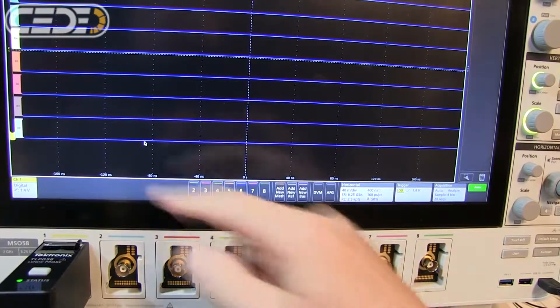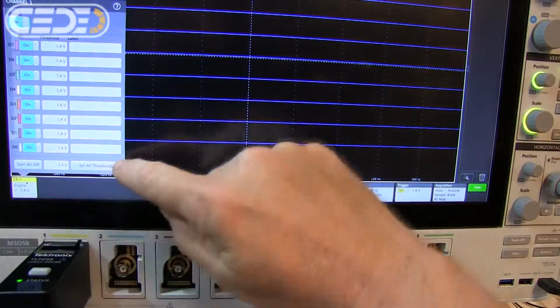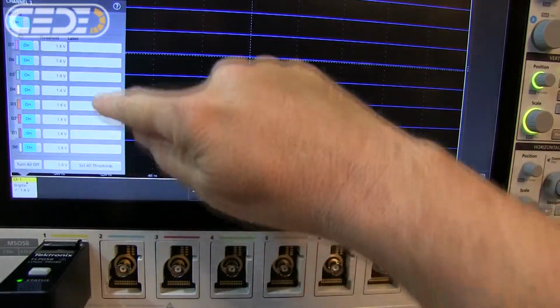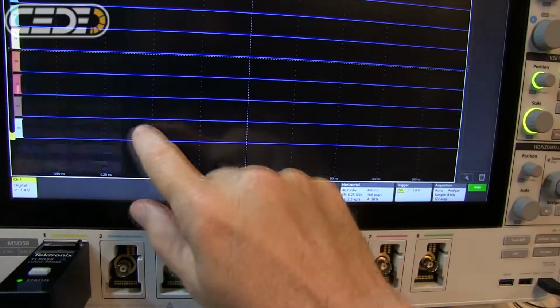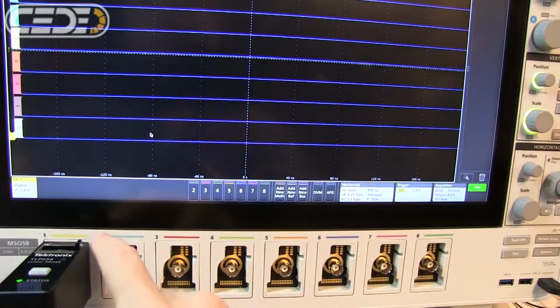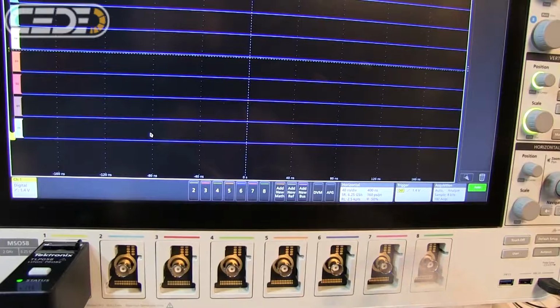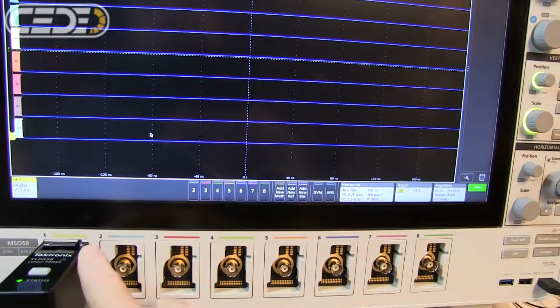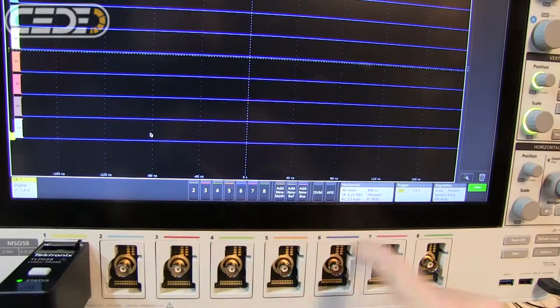logic input, with each of the logic thresholds on each of the 8 inputs adjustable between plus and minus 40 volts. So now you've got the flexibility of making any one of these channels an 8-bit digital channel or an analog channel. So it gives you the flexibility of going anywhere from 8 analog inputs to 64 digital inputs on